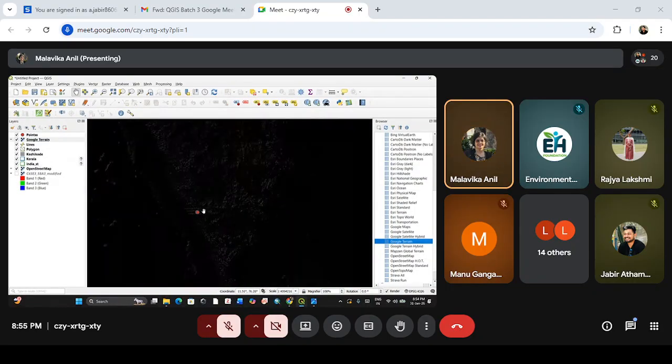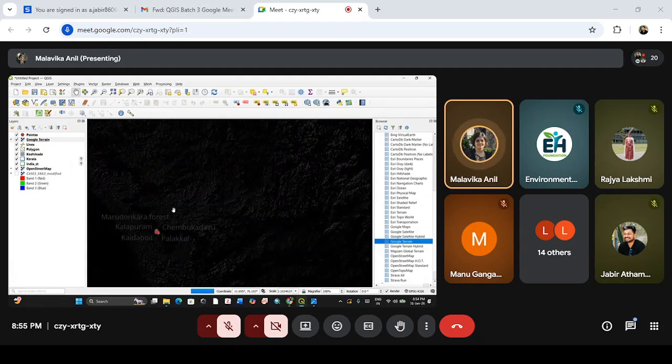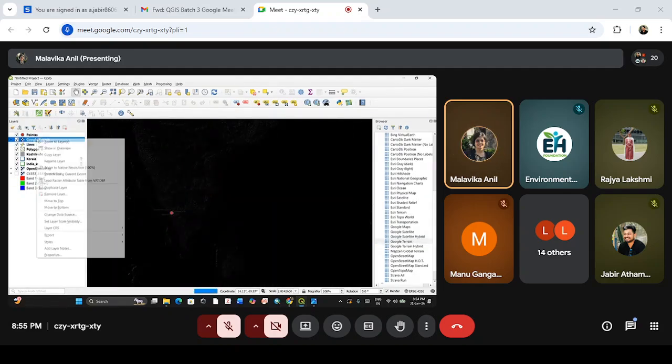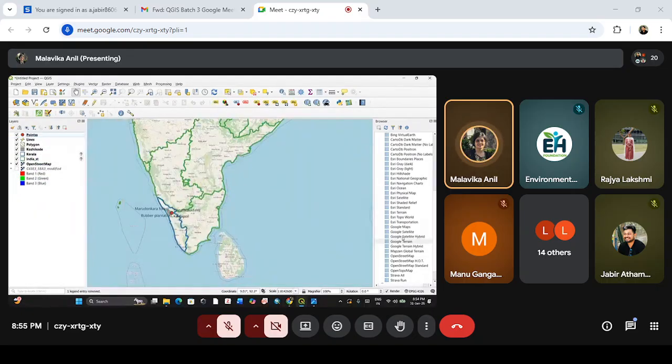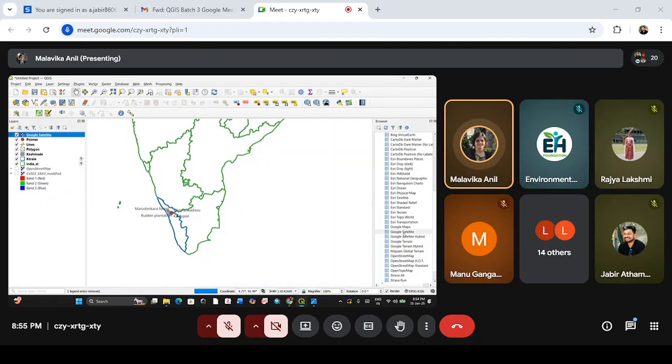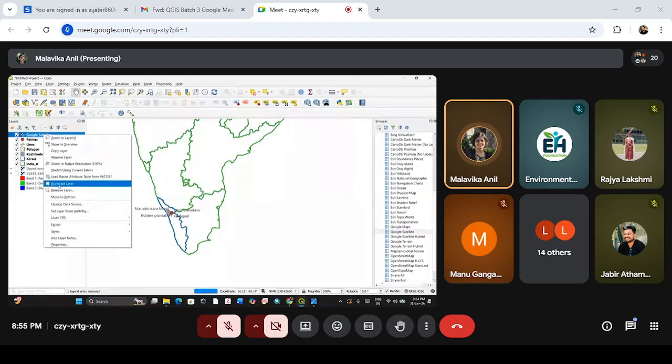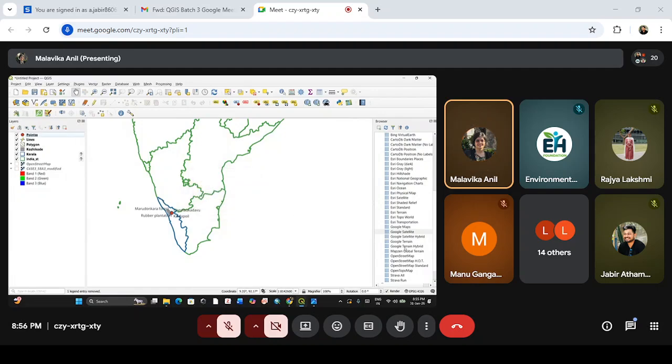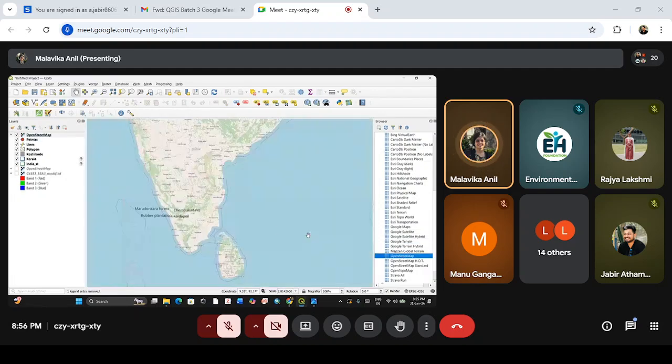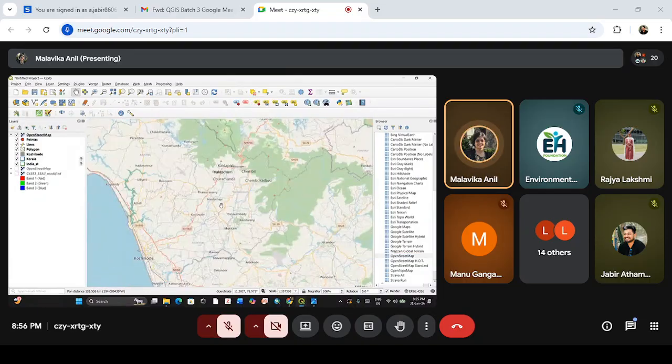You can see it is black and white, with nothing on it. Satellite images can also be visible. I added this Google satellite, but that satellite image will have a lot of data because of the size, so it won't be visible now. It will take forever to load, so I'm just removing it. If you want, you can use the OSM maps, that is the OpenStreetMaps, for underlying your